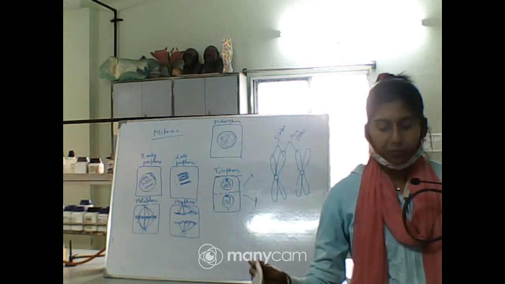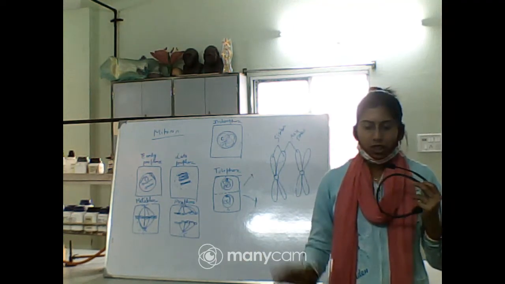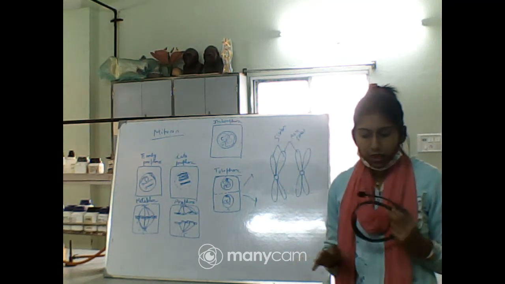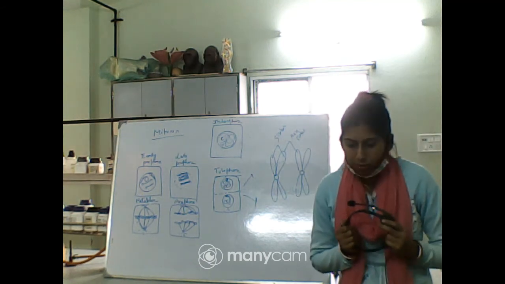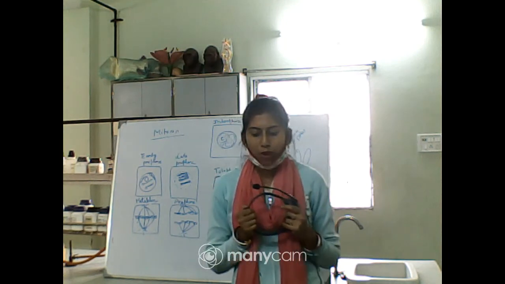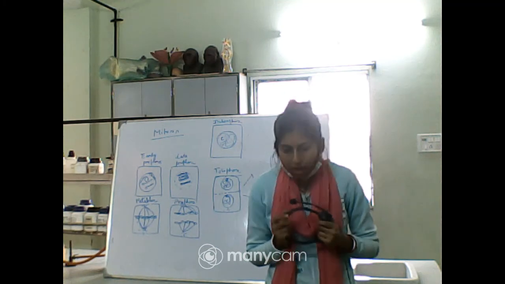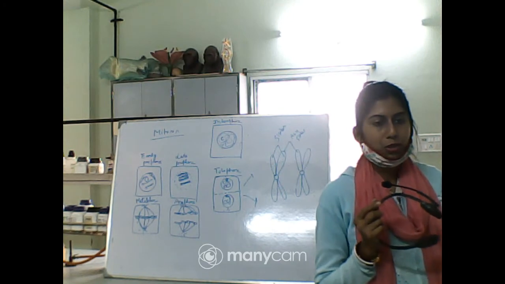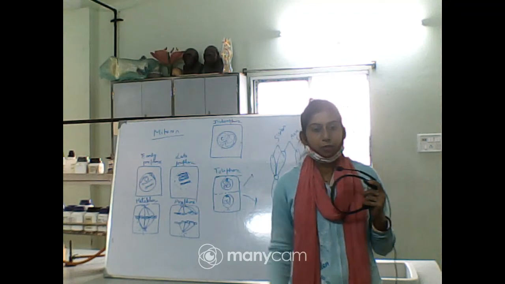Okay? So be careful while you are writing these different stages of the mitosis. You have to mention the differences between them. Okay? Last one is precaution. What precautions should you take while performing this practical? First, you have to use the fine adjustment knob of the microscope while focusing the slide under high power, and the objective lens should not touch the slide. As you know the microscope is very delicate, so you have to handle it with great care. Be careful about the lenses of the microscope.